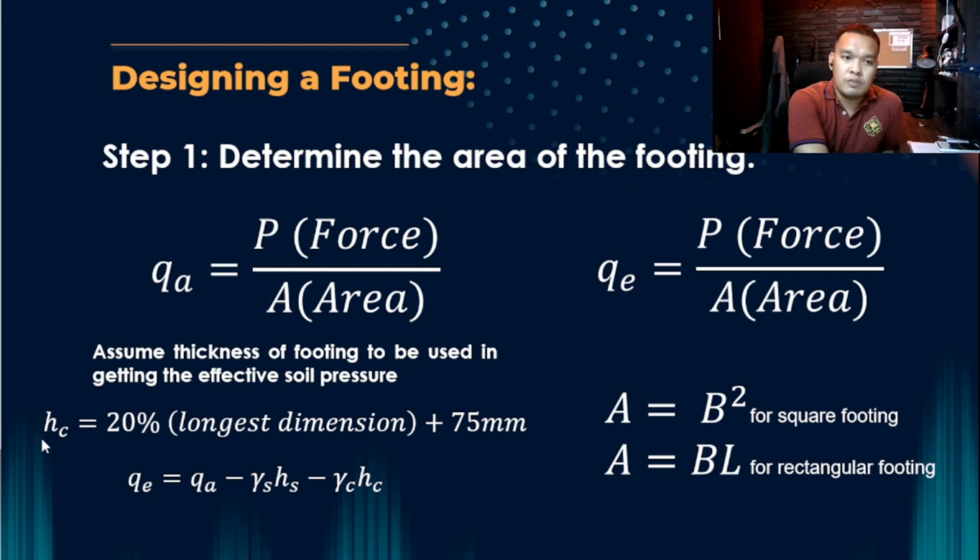So, you could use this formula, HC or height of concrete is equivalent kay 20% of the longest side, longest dimension plus 75 mm to get the value of thickness of, assumed thickness of the footing. Then, for getting the effective, kasi kailangan natin yung effective bago tayo makakuha ng actual area. So, si effective Q natin is equivalent kay allowable minus yung stress na induced ng soil minus stress ng induced ng concrete. Tapos kung may mga ibang stresses pa dyan or pressure na ikikiri yung ating pundasyon, ilalagay nyo din